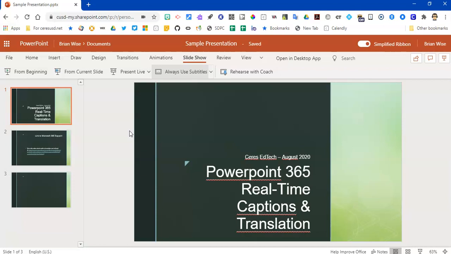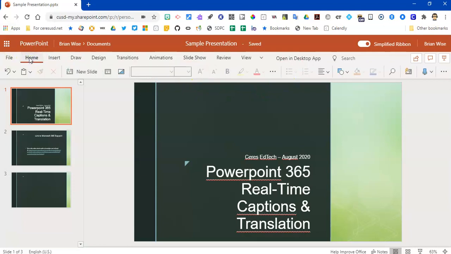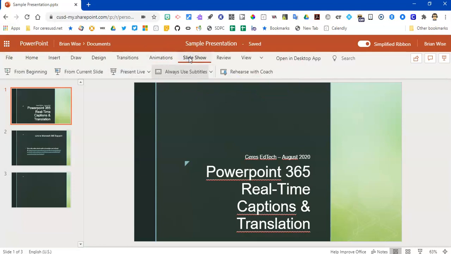So in order to access PowerPoint 365, you'll need to go to office365.com, and if you have an active account, you should be able to sign in with your series credentials. It would be your series.k12.ca.us email. So once you have a PowerPoint presentation open in PowerPoint 365, you can go to the slideshow ribbon,